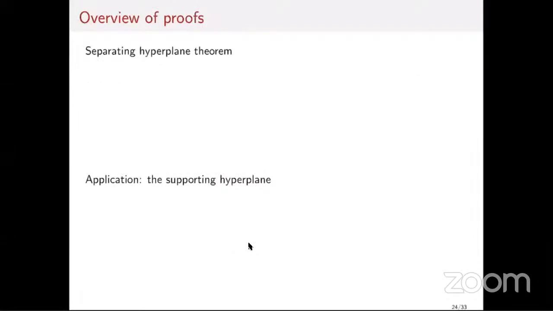So what is the separating hyperplane theorem? It tells you something fundamental about convex sets. If you take any convex set C, and you take a point X that does not lie in C, then I can find a hyperplane that will separate X from C. Okay, so if C is convex and X is not in C,